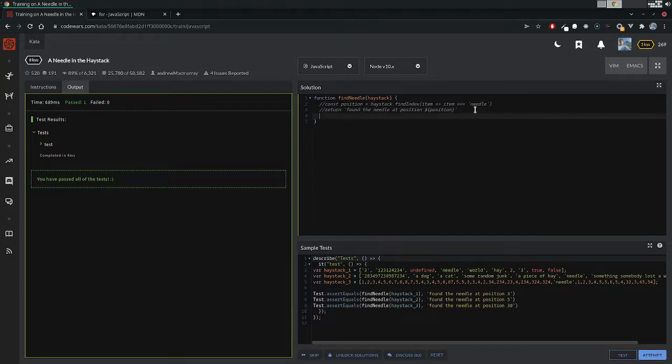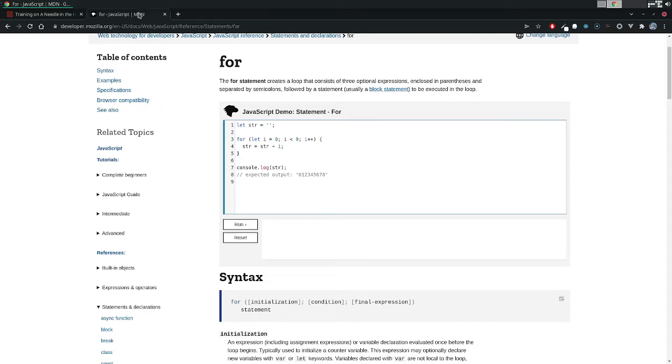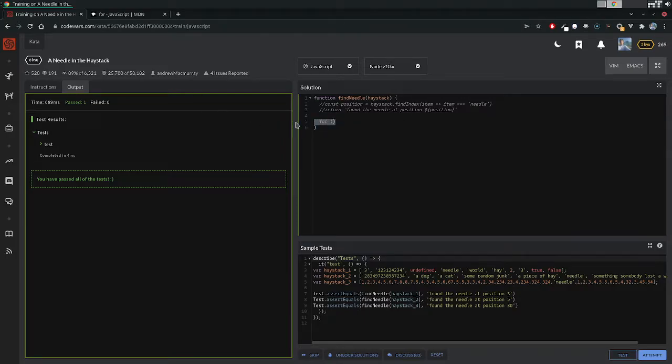How's this for loop constructed? For, just copy this. Alright, there we go. So for i equals 0,